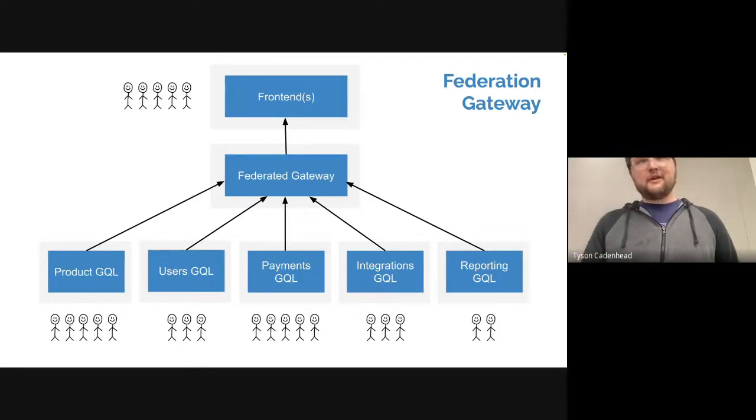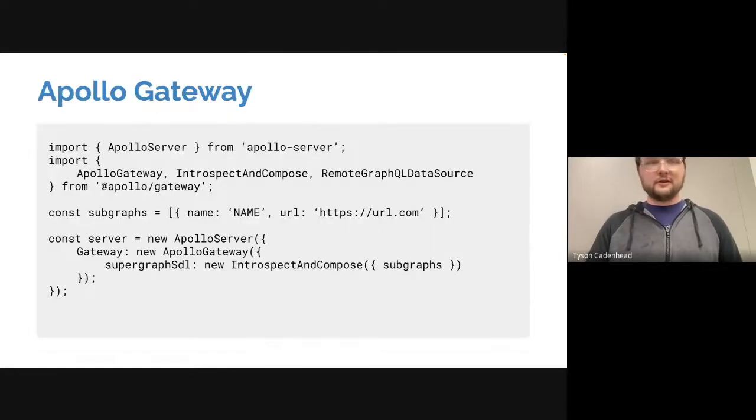So what we're going to do is we're actually going to get rid of it entirely by creating a federated gateway where basically all the type definitions live on each of the microservices. So the product, users, and payments and integrations and reporting all have their own schemas. And there's a query planner that lives in the federated gateway that resolves all those different schemas together and then just gives it back. So we don't need a person in the middle anymore to control that. They're controlled in the services like they really should be.